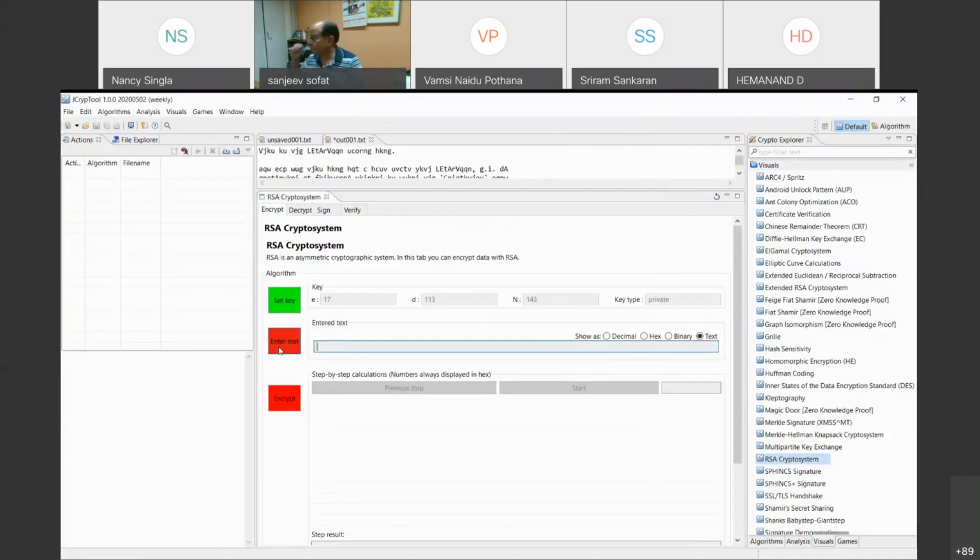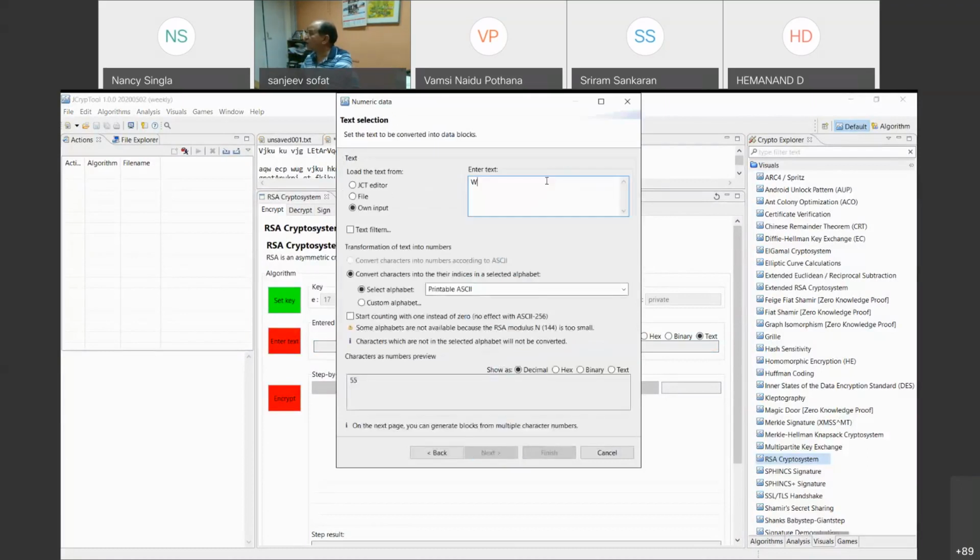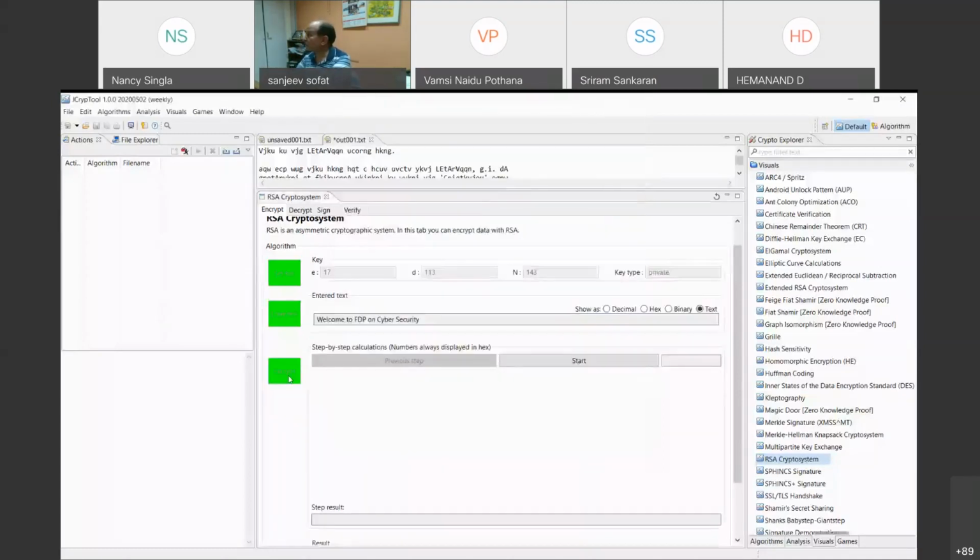Now we have to choose a text. I can write my own input. Let's say I write "welcome to FTP on cyber security." This we have written. Now we'll click finish. Now we'll click encrypt.